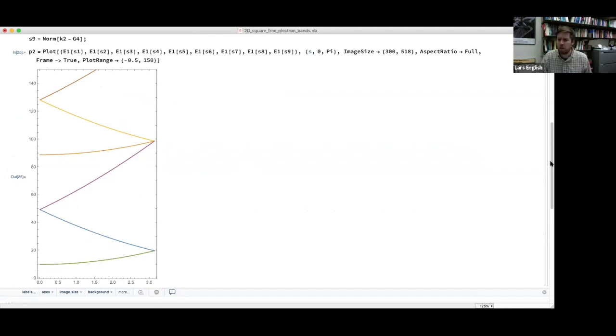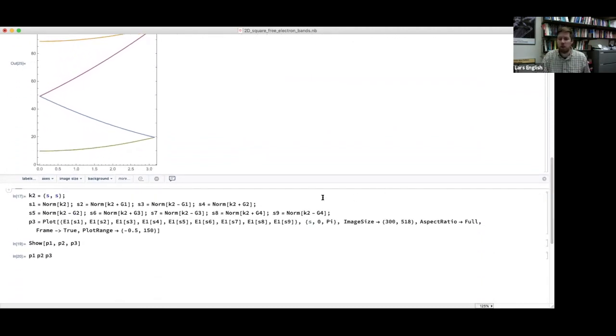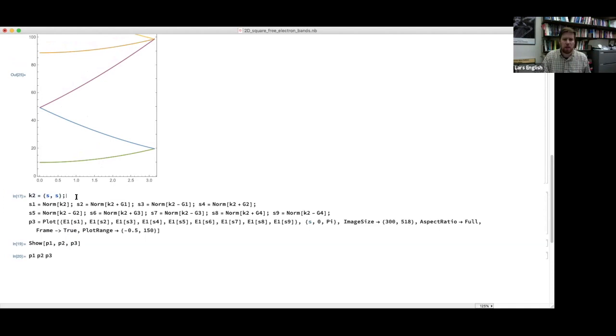And then there's only one path segment left, namely the one that returns you from the corner to the origin diagonally down. And so here, the k vector is going to be s comma s. That's going to be the row vector s comma s. You're going diagonally down, and s will go from pi over a to 0. Okay, so